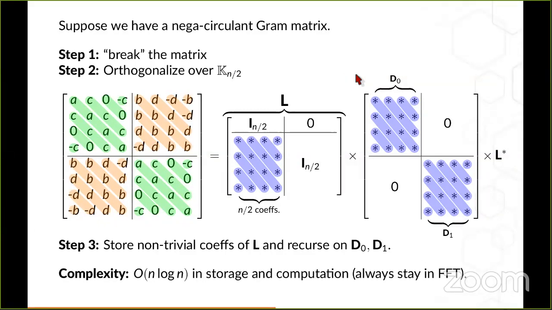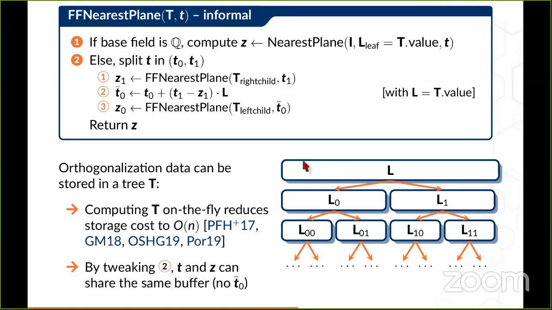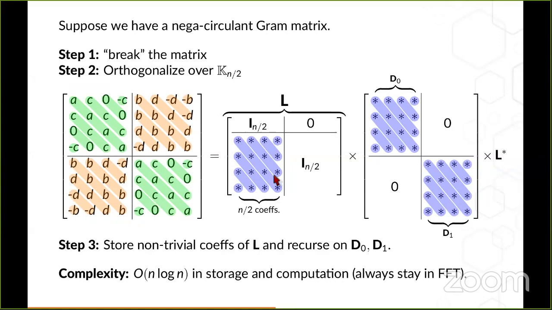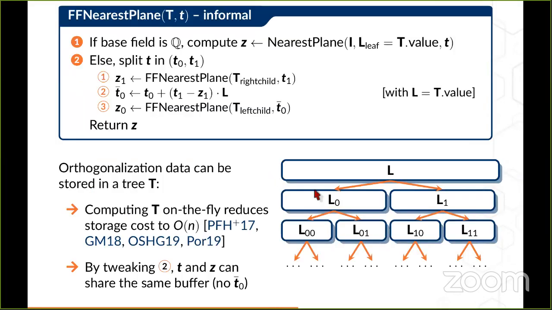Okay, cool. So what we are going to do is that this orthogonalization data is going to be stored in the tree L. If I go back to the previous slide, when you have this coefficient, it's going to be at the root of the tree, and it's going to be n over 2 coefficients. Then at each recursion, you're going to do the same thing. That's why you will have 2 children for each node, and each node will have children which will be twice smaller than itself. So that's why the tree is like that.